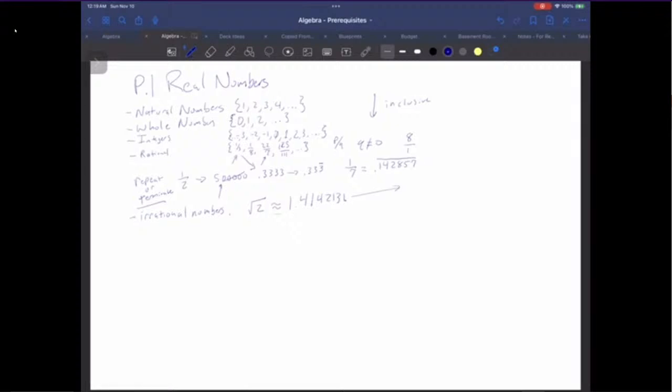And then something like pi, which everybody's familiar with, is approximately 3.1415926 blah blah blah. So these are approximations because the actual number goes on forever, and that's why those are considered irrational numbers, and you cannot represent it as a fraction. So I've written 22 over 7 here specifically because it's close to pi, and it'll give you numbers that are